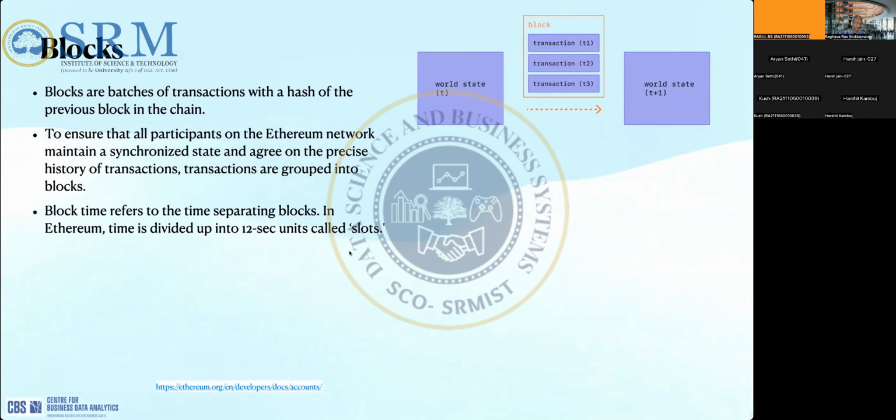To ensure that all participants on Ethereum maintain a synchronized state, all the transactions are grouped into blocks, and the block will be verified and put into the chain. So you can say that these are the steps of synchronization. You have different nodes.